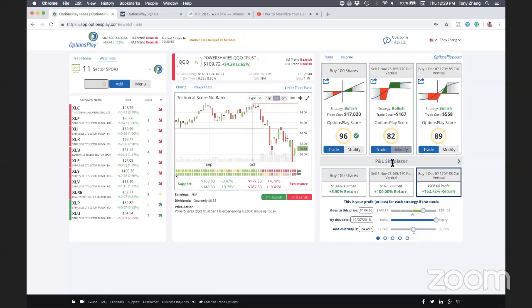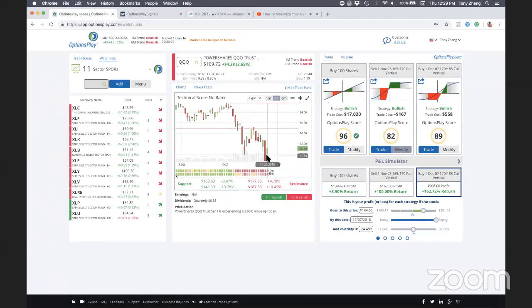I want to take a look at what different scenarios can play out and how the strategy will perform. And what I'll do is compare buying the stock versus selling this credit spread versus maybe buying a debit spread. So this is really, again, for when you expect that the stock has kind of bottomed out. You don't necessarily know that it's going to move much higher. It may move a little higher, but you're not sure. You're just pretty sure that it's not going to continue moving much lower. That's really the ideal time to sell a put credit spread.